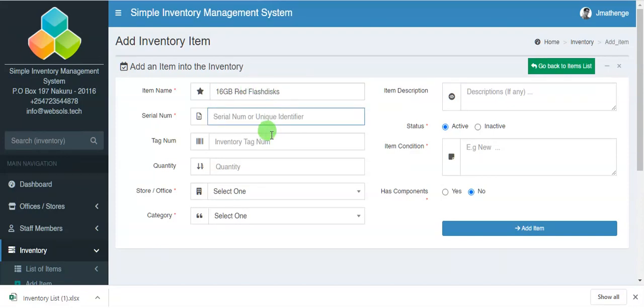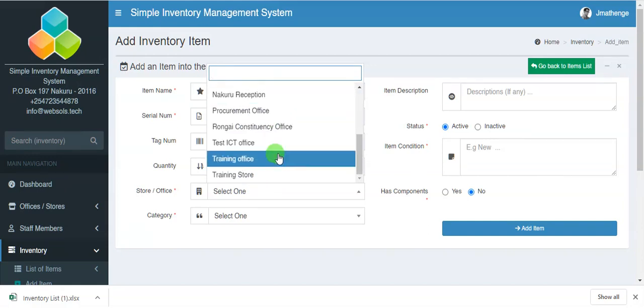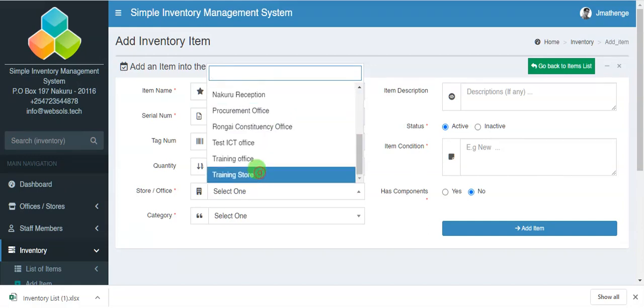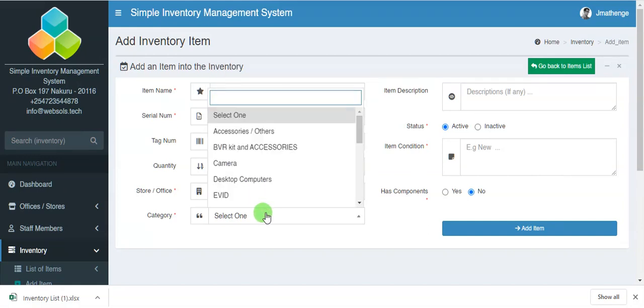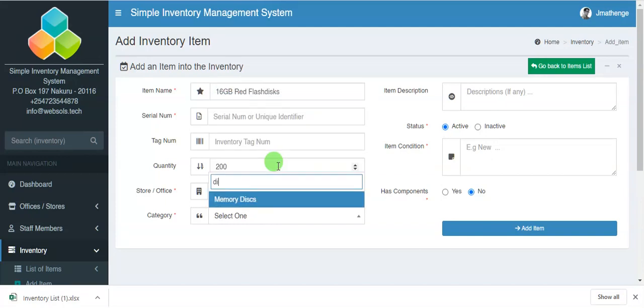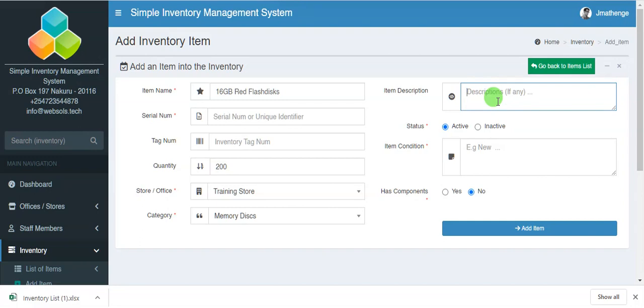You don't know the serial number, they have no tag numbers, the quantity, let's say they are 200. In which office are they in? I want them to appear in the training store, and then they belong to the category of memory disks, and then the description is